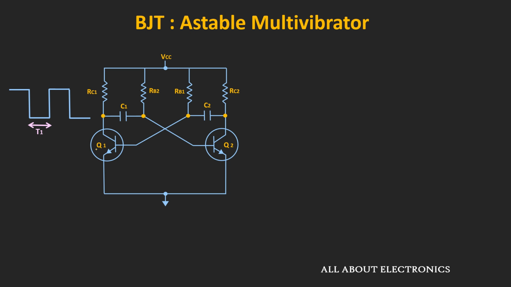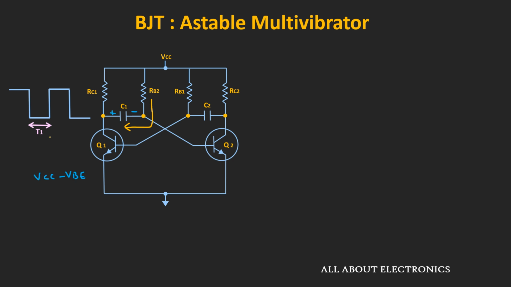So whenever Q is low, then we can say that this transistor Q1 is in the on condition. So due to that, this capacitor C1 will charge through this resistor RB2, and once it gets charged up to 0.7 volt, then there will be a transition in the output. Also, one more thing to note down over here is that before the capacitor starts charging in the reverse direction, the voltage across the capacitor C1 was VCC minus VBE.